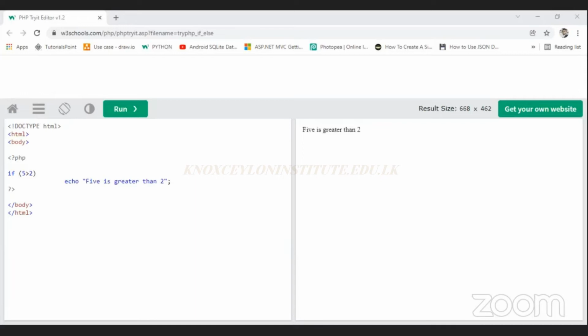There are two numbers, right? This is the first one and the second one. So it says that if the first one is greater than the second one, then it should print this. But you have to change the condition. You should write if the first one is smaller than the